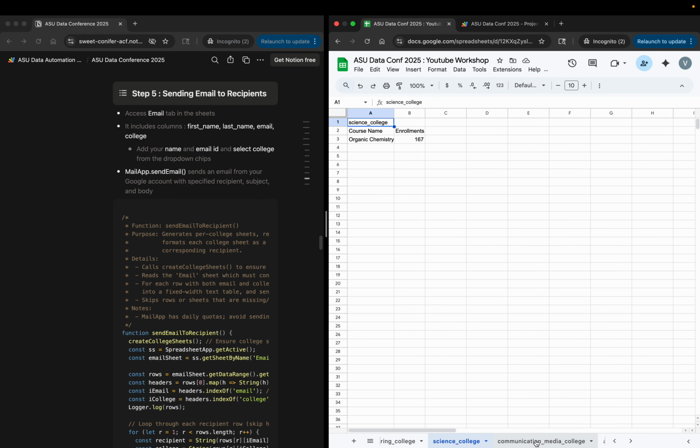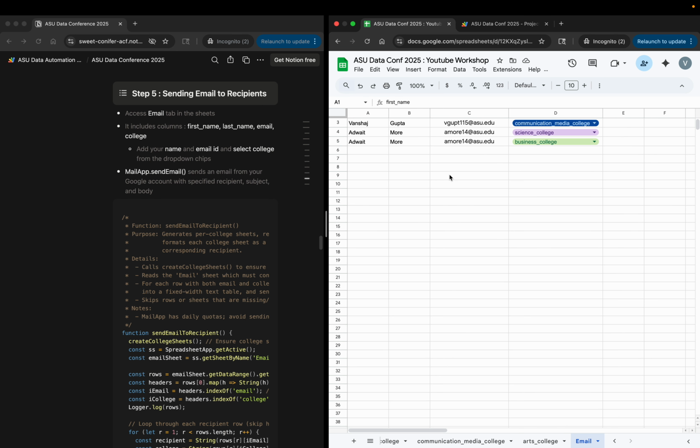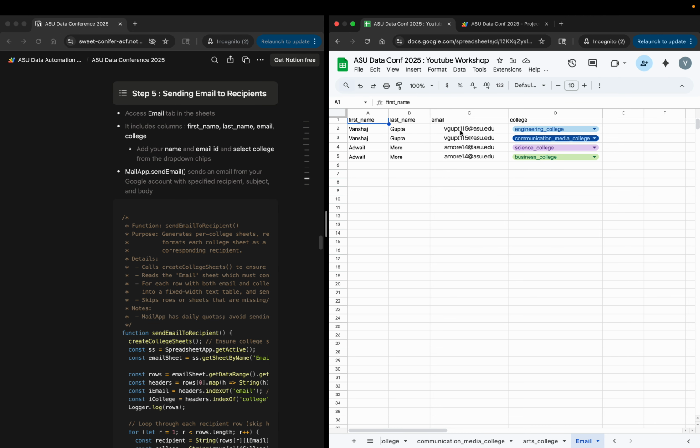do is to head on to the emails tab of the Google Sheets, where we already have some names and emails linked to a particular college. What I would like you to do is add one more row here.